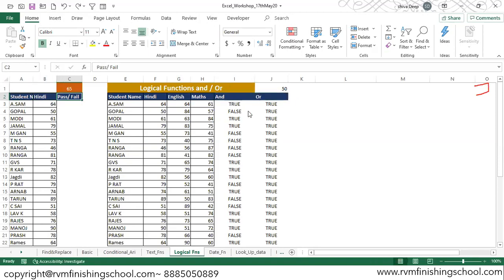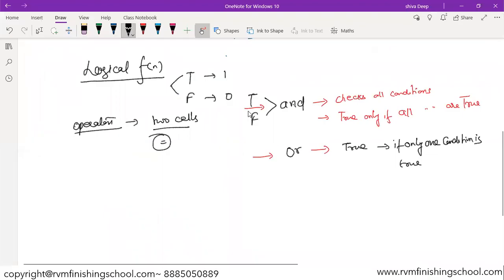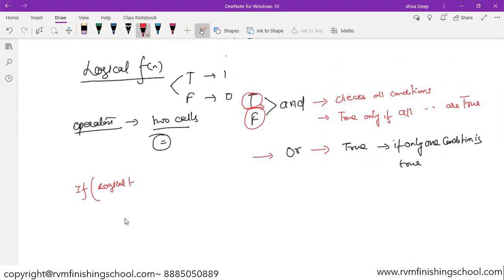So let's start with IF. In Excel, if we want to move ahead of this true and false, and we want Excel to do something else, then we use the IF function. So what is the IF function? It checks for a condition, or we call it a logical test. As we were doing before, greater than, less than, we'll do the logical test in the first cell. And based on this logical test, it can give me a value if true, and it can give me a value if false. So based on what the output of this logical test is,